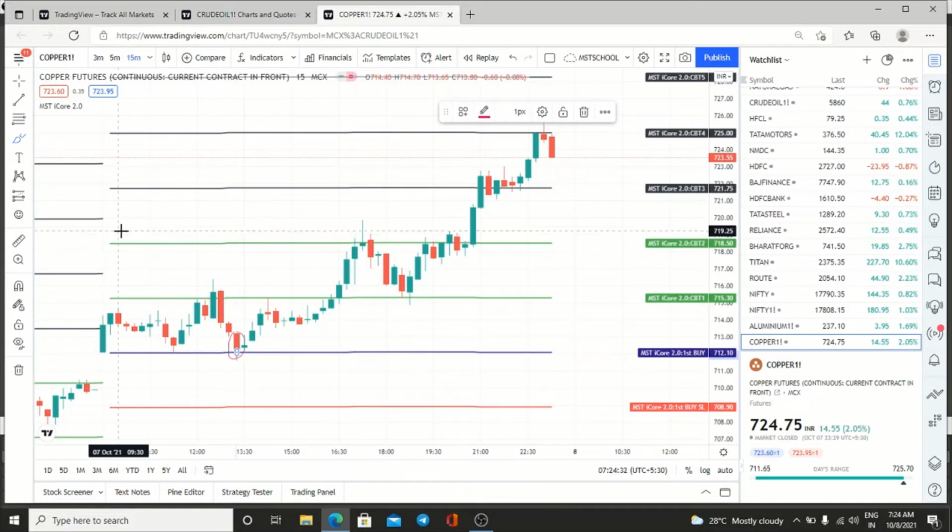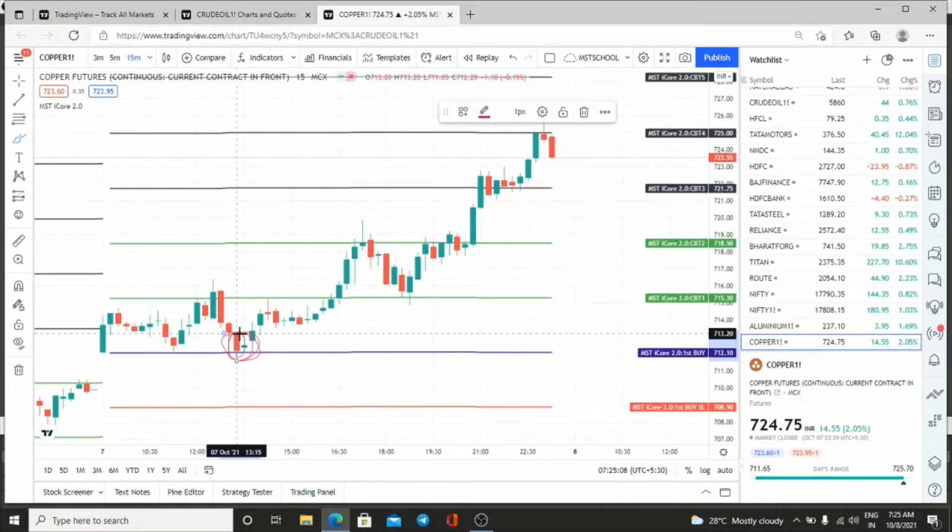Now you can revise the time frame to weekly or monthly or Heiken-Ashi, so that you can take the entry a little lower. If the candle has closed above this line and there is immediately a green candle followed by a red candle, then it is the confirmed entry, the confirmation for the entry. You can take the maximum number of lots, but don't increase the lots immediately. Keep following the same number of lots you are trading, but I am telling you this is the confirmation call. So this is one method.